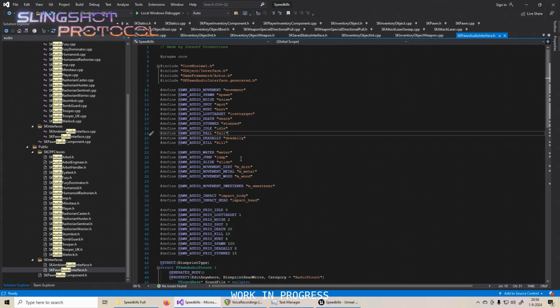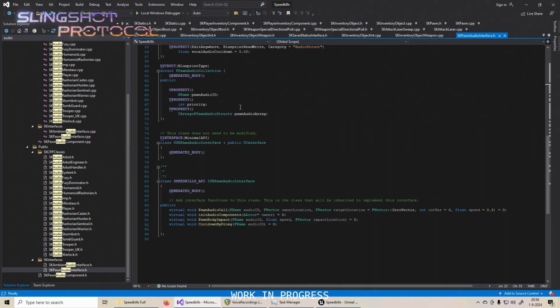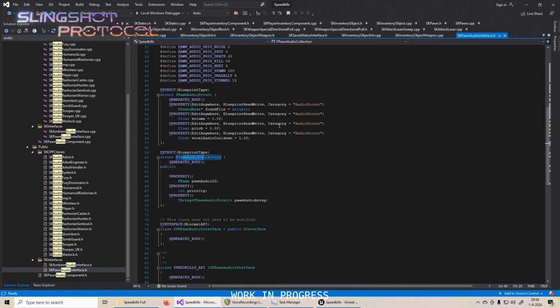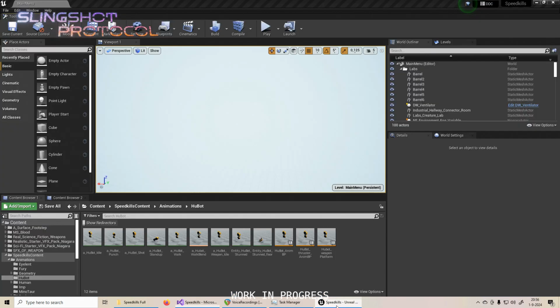If I want something special, like a special voice line placed at a specific time, I don't have to make a special entry for it in the Pawn audio collection. I can just add it dynamically into the list of audio structs and then call that later. I'm not going to showcase it, but it's simpler, it's easier. So yeah, that's that.